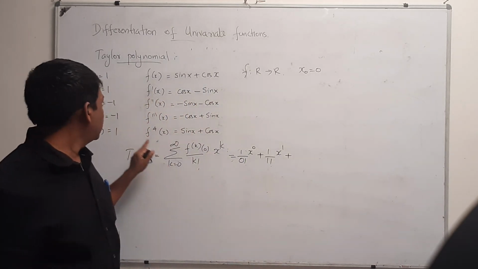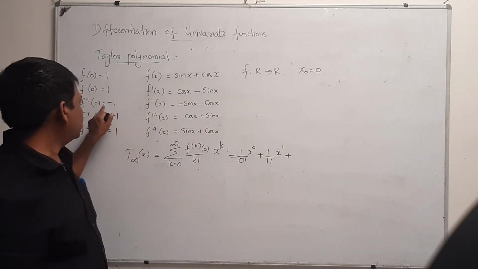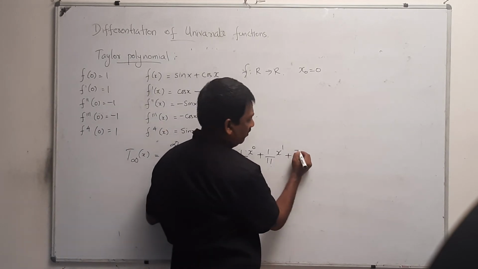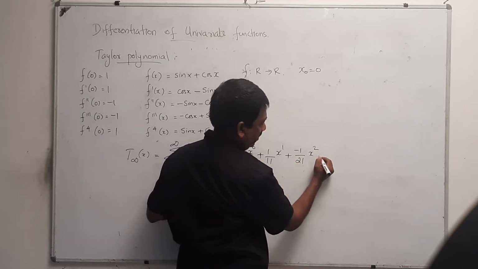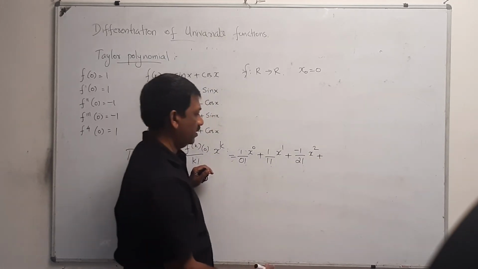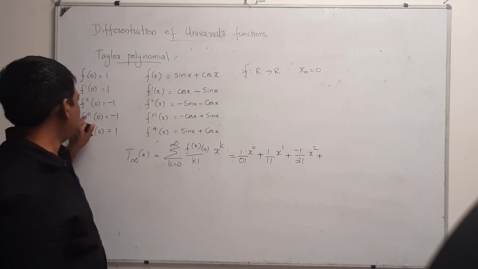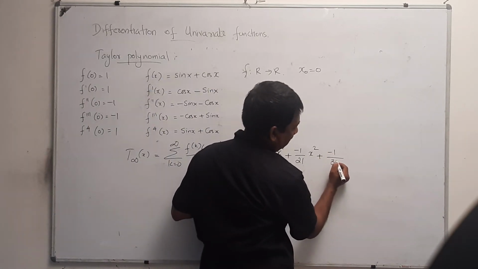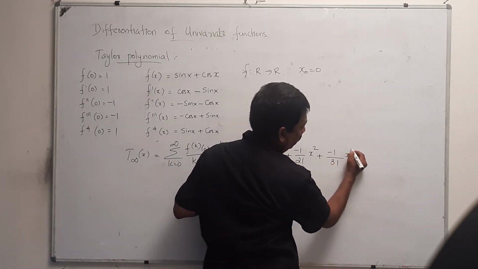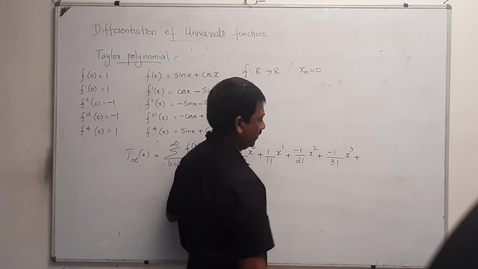Next is f2 of 0, that means minus 1, minus 1 by 2 factorial into x square, plus. What is f3 of 0? That means minus 1 by 3 factorial into x cube, plus